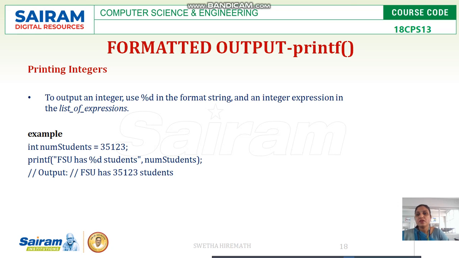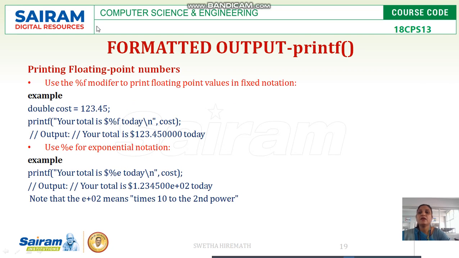That is one university. Printing floating point numbers: how are we going to print them? With the help of %f, which I have already explained. %f means it is a floating point number. %e, if you are using it, means it is